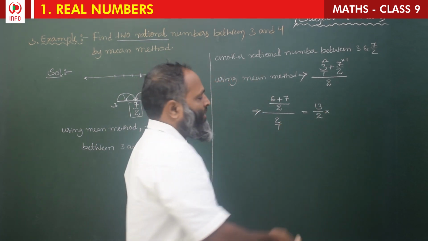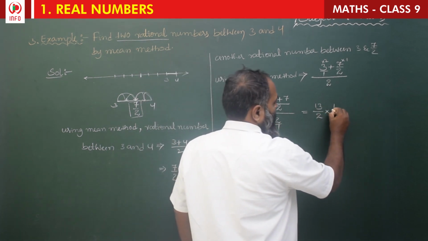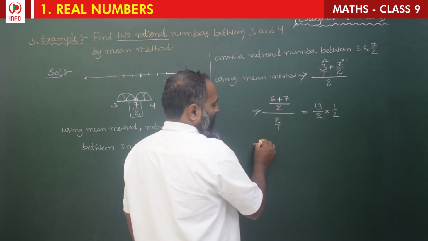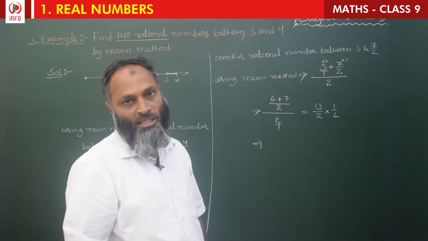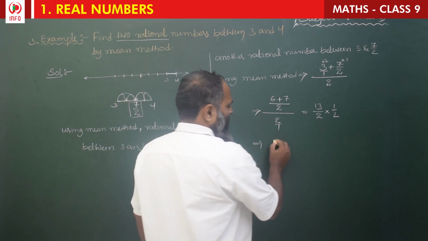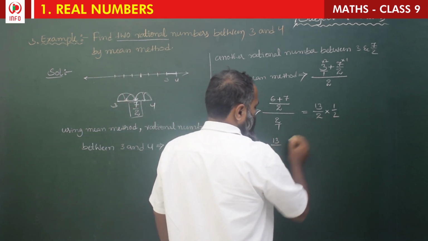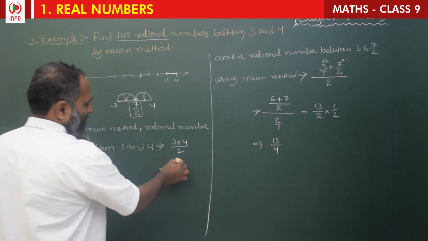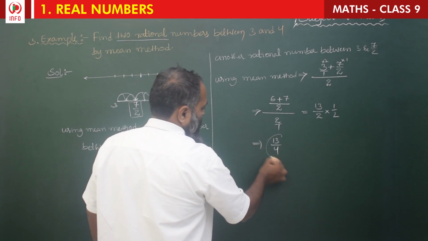How to divide? For the second fraction we take the reciprocal, that is 2 by 1, so 1 by 2 we should take the reciprocal. So 13 by 2, 2 2's are 4, 13 by 4. So, this is one rational number, and this is another rational number between